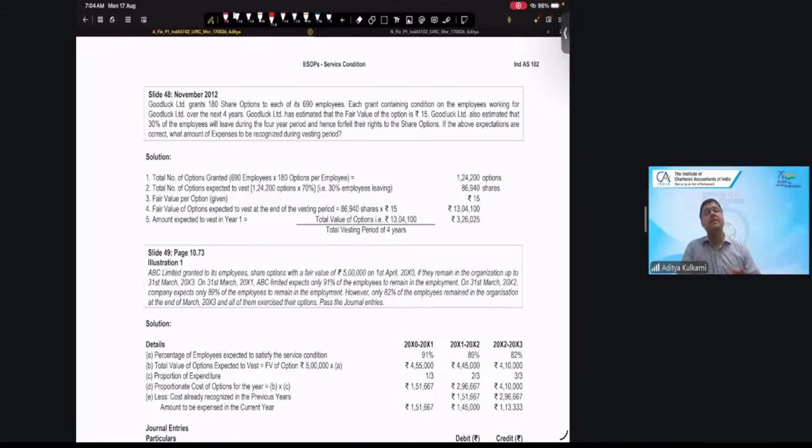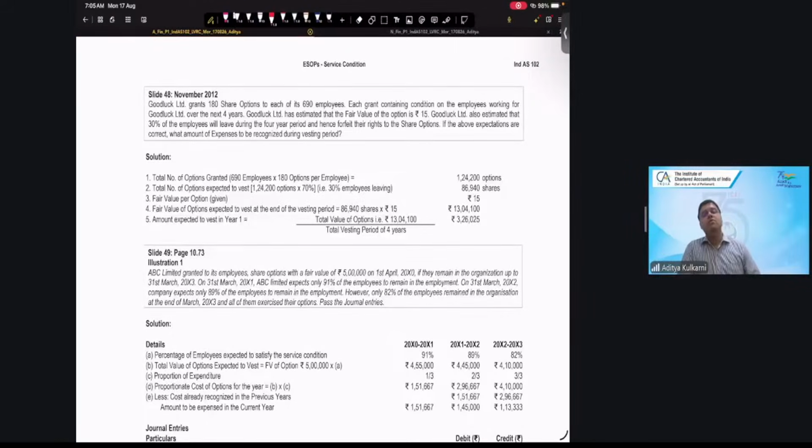What about SAR? In case of SAR, for every employee benefit expense that you recognize in respect of this stock appreciation, you will be crediting the corresponding amount to an SBP liability. Why liability? Because this is an obligation to deliver cash. And do I have to revalue? Answer is yes. Because this is a liability, it has to be fair valued. So at every reporting date, there will be a fair valuation that is done. All right. So this is broadly the main difference between an ESOP and a SAR.